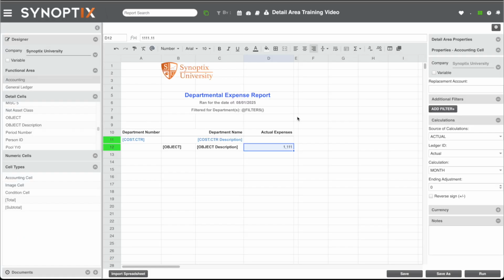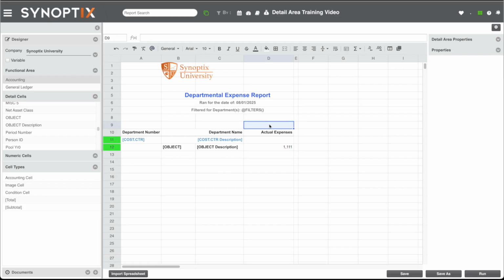The next thing we want to introduce you to are dynamic columns, which work great in conjunction with our detail areas or lists. Dynamic columns can work with any desired time period, whether that's month, year, quarter, etc. Month and year are the most common, allowing for easy comparison of historical data. Before we add that dynamic column, we're going to add what's called a lookup function. Lookup functions automatically add information to a report,